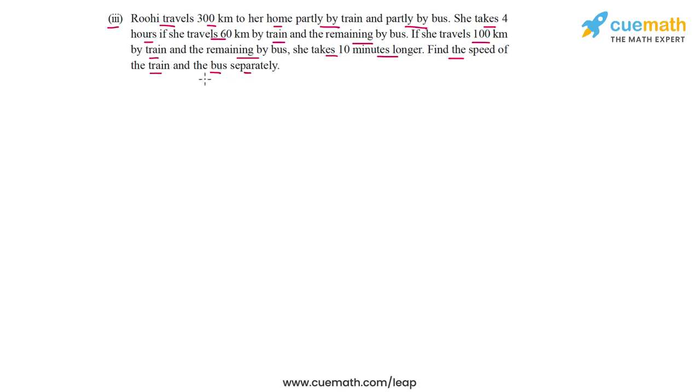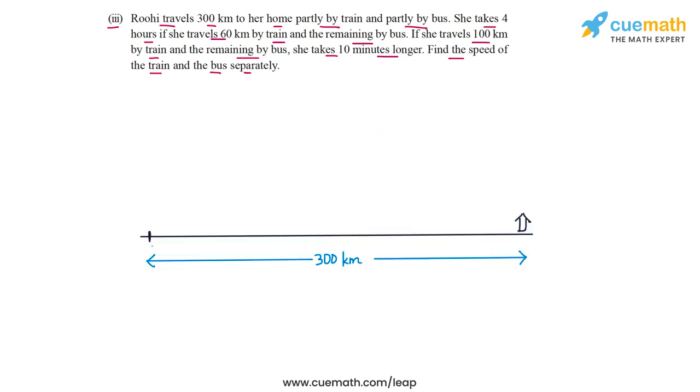So this is one of those situations that come up often in speed and distance problems, and solving such problems becomes quite easy if we are able to represent all the given information visually. So let's do that. Let's visually model all this information that's given to us in the problem statement. So here's a figure I have drawn for you. Suppose that Ruhi has to travel from this point X to her home at this point Y, which is